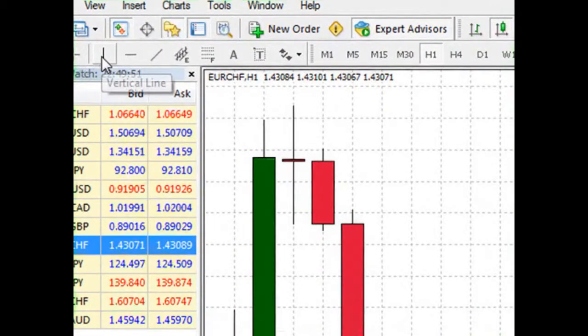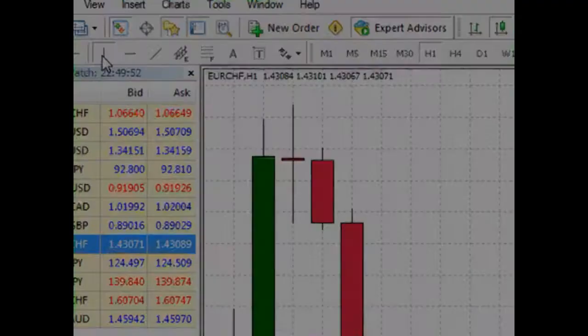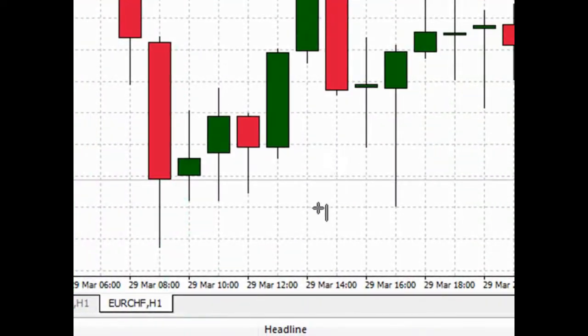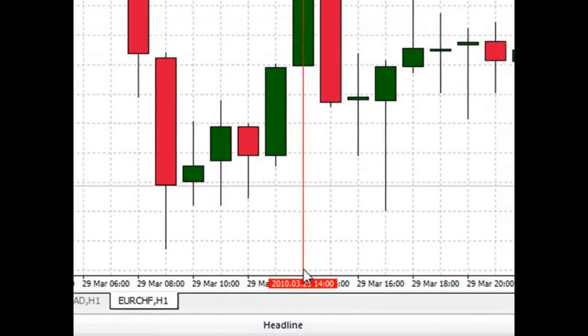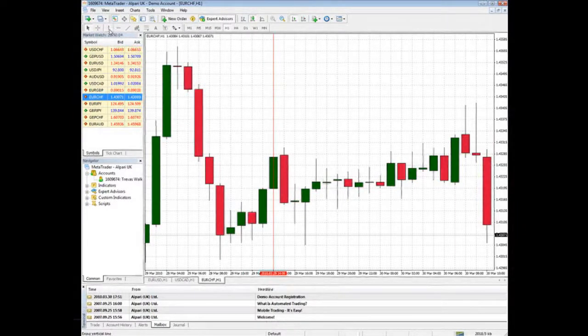So we need to draw a vertical line. So we're going to click the button up here to draw a vertical line. And on the black line above 1400, we're just going to center our little cursor there and click. And now we have a vertical line. And again, we need to do this again at 1600, so we click the vertical line button again up here, and on the next black line right there, we're going to click,